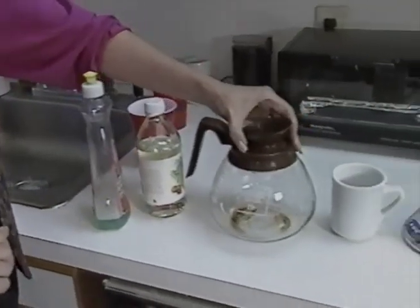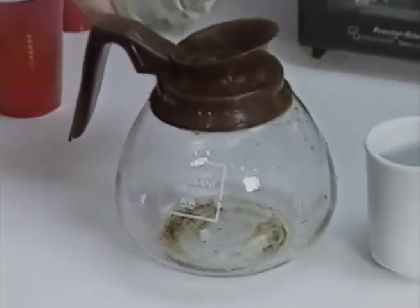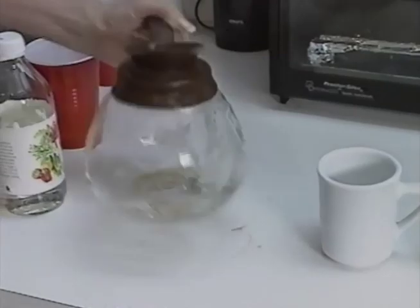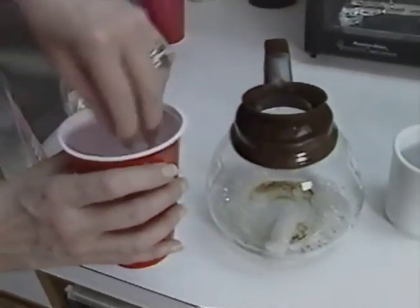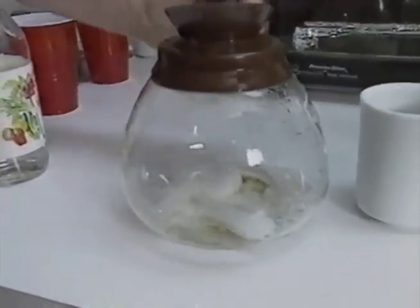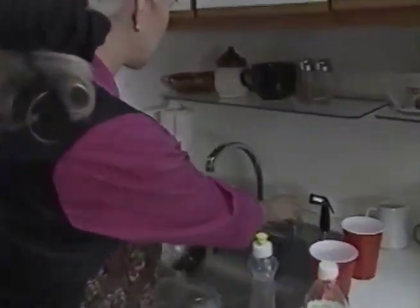Now back to our yucko coffee carafe here. Put a little bit of the diluted liquid soap in there, add a couple blobs of vinegar, which helps get rid of hard water spots, and you can swish it around, and if that cleans up, it's fine. Or you can do what they do in a lot of cafes, which is put ice, many times crushed ice, into the carafe, and then as you swirl this around, the ice tends to clean it up. This one is pretty bad. I think it's about 90% done. Then all you have to do is rinse it out